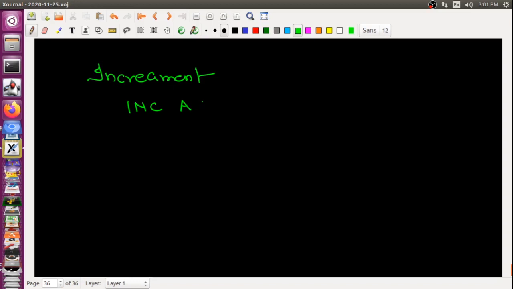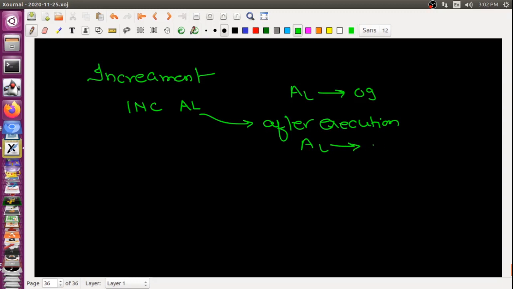It depends upon what type of operand you are using. If I use INC with an 8-bit operand, suppose AL contains 09, then after the execution of this instruction AL contains 0Ah. Okay, so it is incremented.